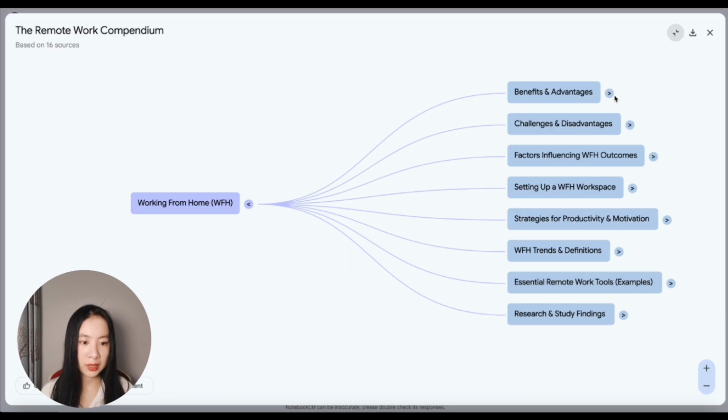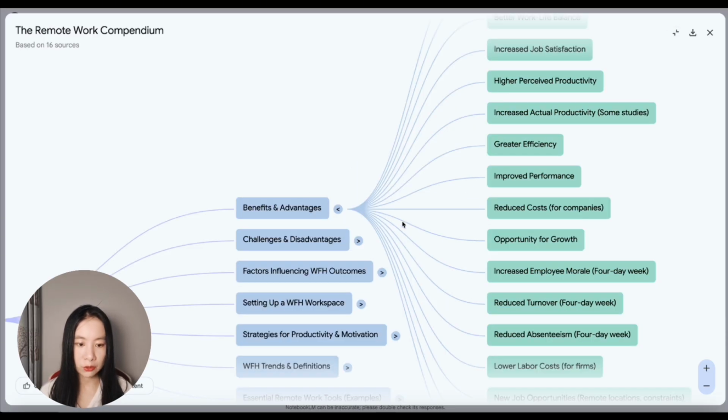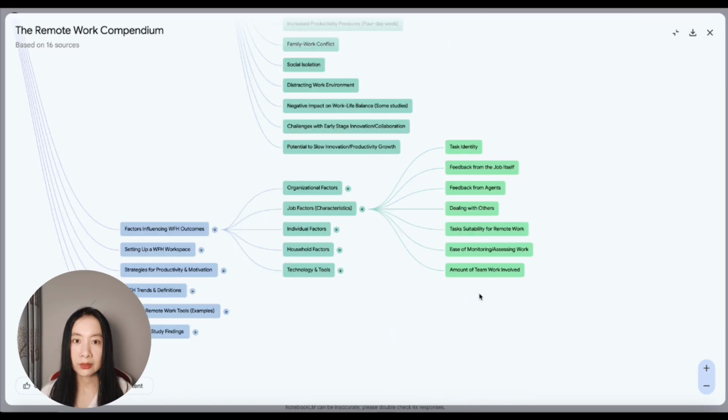We can expand the item that we're most interested in. Now, the idea of looking at the mind map is to quickly pick out the sub-level components related to your central question. So you can ask follow-up questions, and then you can craft more specific question prompts,